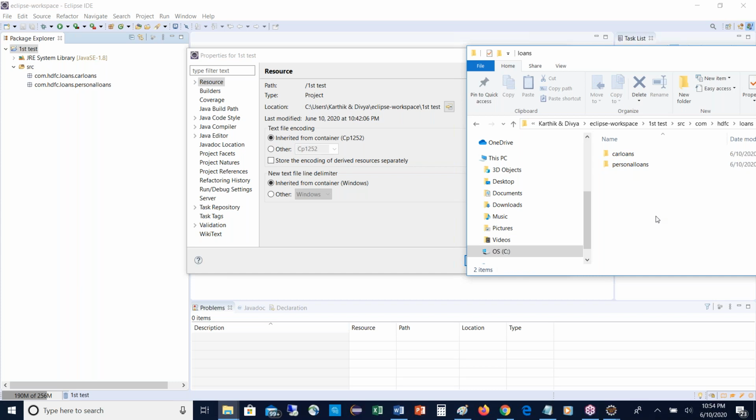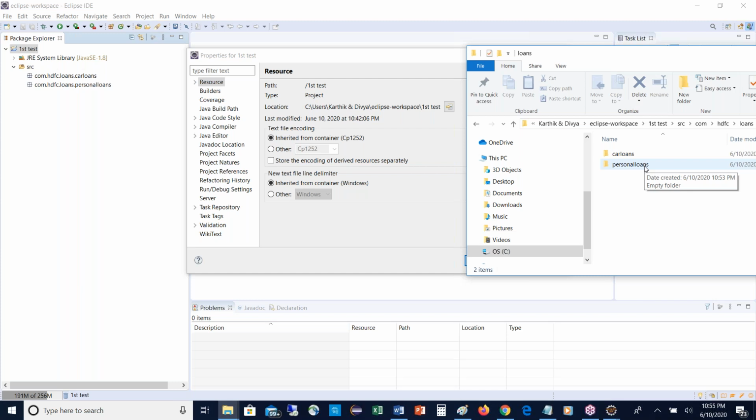If I create any class or interface under the car loans package, it comes under the car loans folder. If I create any personal loans related functionality class or interface, it will come under the personal loans folder. See how simple it was. By categorizing this way, I can handle things smoothly. Whenever I want to use something, I can call it easily. Reuse becomes simpler. Even in a library, people organize their books in alphabetical order. Why? For easy tracking.